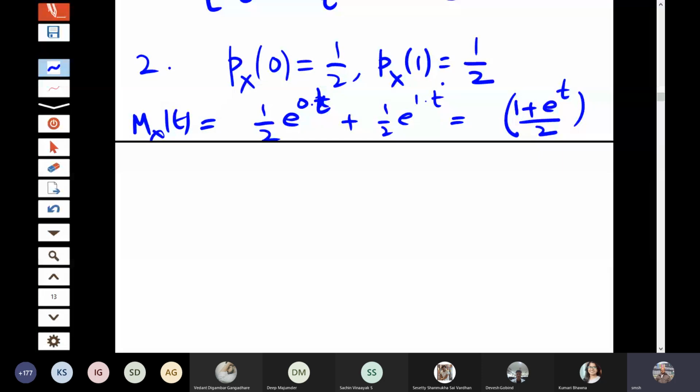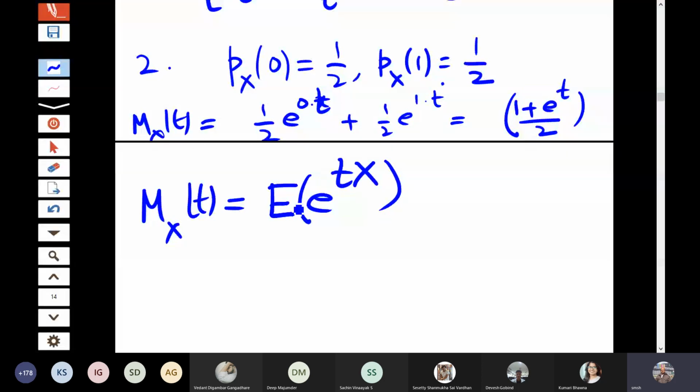Now, what is the use of this function? Why do we unnecessarily study another function when we have already considered moments, quantiles, median, and so on? So what is the need of this function? First of all, let us look at this expression. This is the expectation of e to the power tX. If we consider the expansion of e to the power tX, all of you are very much familiar with this.